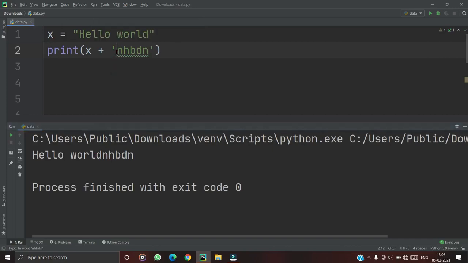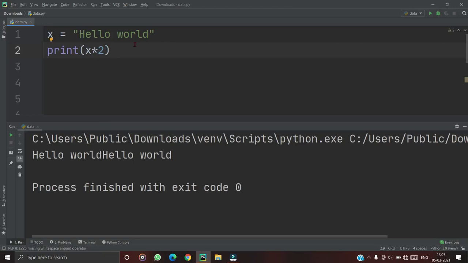There is a space here, yes. Like this, you can add strings. If you want to print the string repeated, you can just multiply with 2. There you go. These are the operators in the string.